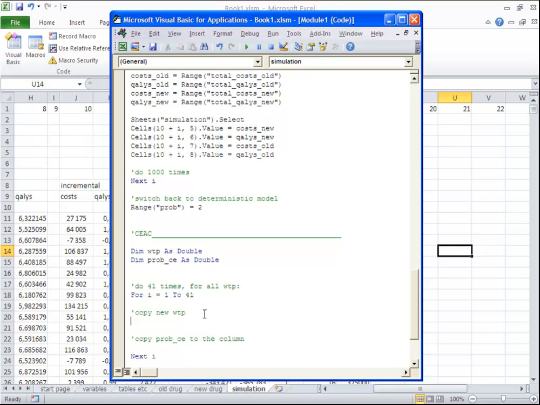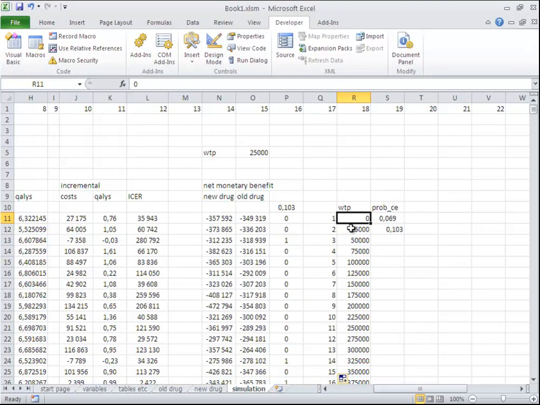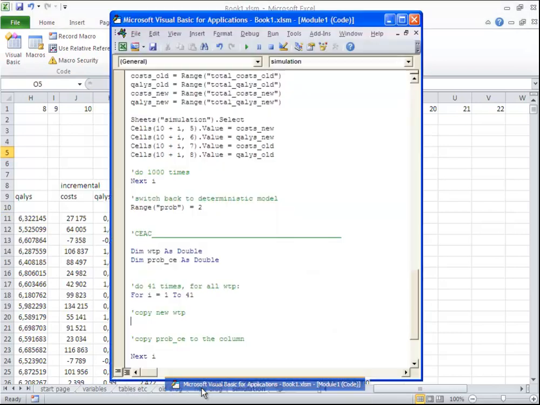And what should we do? We should copy the new WTP. That is to copy this willingness to pay to this cell during the first turn of the loop, this value to this cell during the second turn of the loop, and so on. We will do this in two steps. First we save this value in the variable WTP, and then we put that value here. So our variable WTP equals,